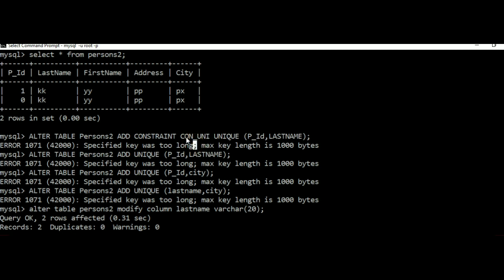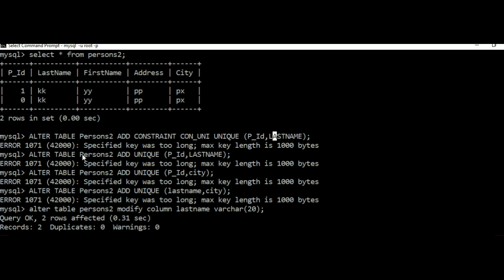So this CON means constraint. What kind of constraint am I giving? Unique constraint, right? So whenever I see the list of all constraints, I understand that this is a unique key constraint. Okay, constraint underscore UNI. Now what is my constraint name? This is the keyword UNIQUE. So on which attributes do I want to apply my constraint? PID attribute and last name attribute. After giving this, you will be getting a new unique key constraint on both PID and last name as a single unique constraint.